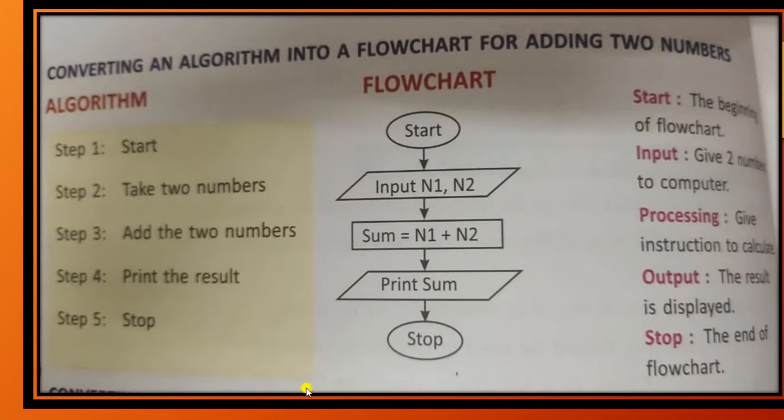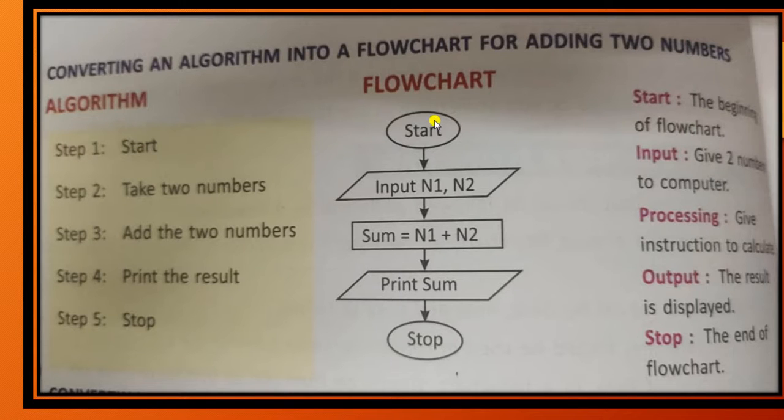Then let's take one complete example with an algorithm, how an algorithm is converted into a flow chart. So the algorithm has steps, like for adding two numbers, which we have already done. So the first step is start. For start, the first symbol you will use is the oval, which denotes that it is getting started. Then take two numbers. Here, see, there is a difference. When you are writing the algorithm, you are using simple English language. When you are creating a flowchart, these are not simple English sentences, these are proper syntax statements.